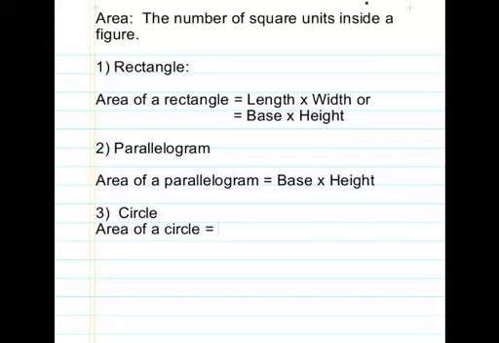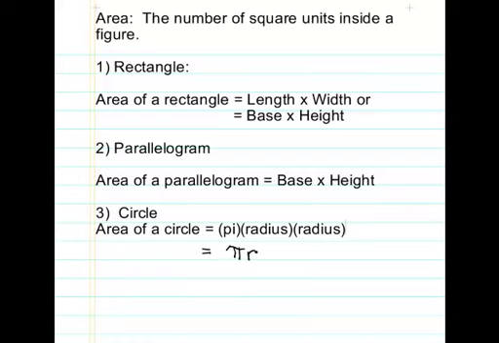And through some substitution and some work, we found that the area of a circle is really found by taking pi times the radius times the radius. Or we said that really the area of a circle is equal to pi